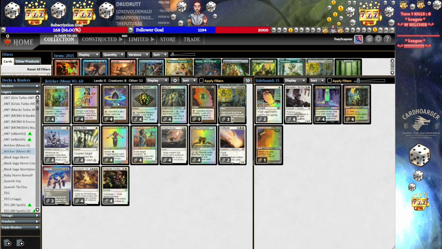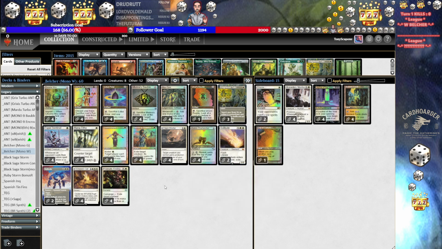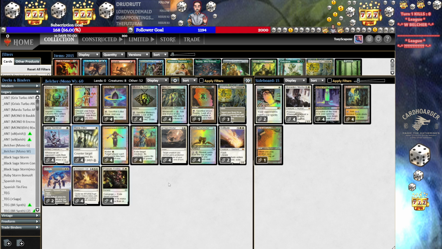If you're on the play, you can get underneath Chalice. Trinisphere, you can just make land drops and then cast Belcher. Collector Ouphe, this deck is set up to beat Collector Ouphe because it has 8 natural white sources and it has 4 Swords, 4 Prismatic Ending. That can't kill Ouphe, but 4 Swords and 4 Solitude. And Solitude, you don't even have to tap any mana. Not to mention you can Mana Tithe it, potentially. So, I mean, what would I